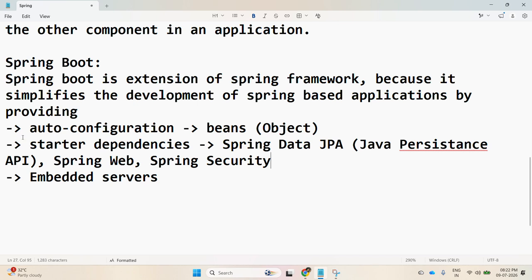Perfect. So a starter dependency is nothing but, in Spring Boot, whenever you are creating an application, it asks us to add some dependencies like Spring Data JPA and the MySQL driver. The MySQL driver is nothing but the connection between your database and your Spring Boot. So yeah, that is the difference between Spring and Spring Boot. In Spring,